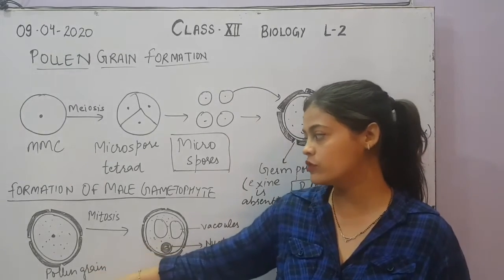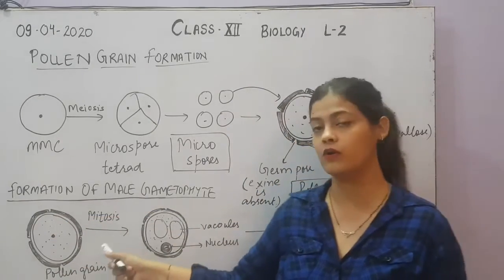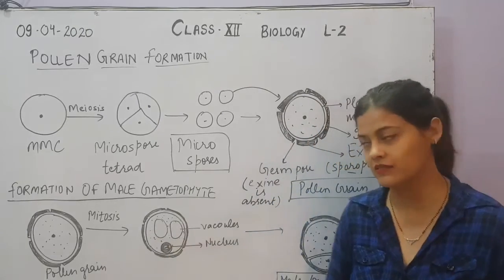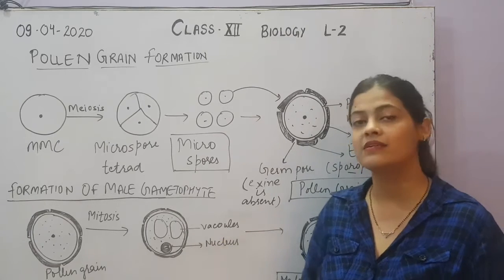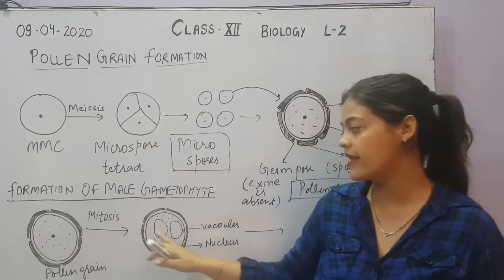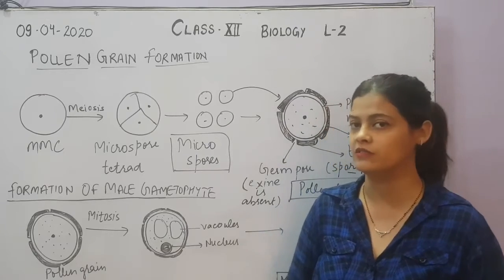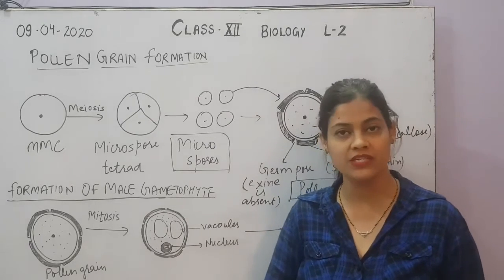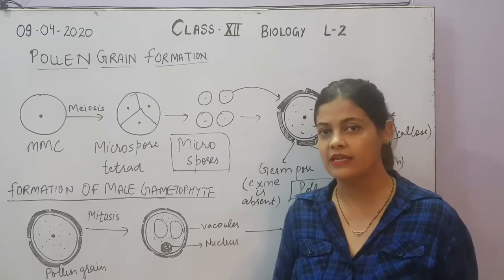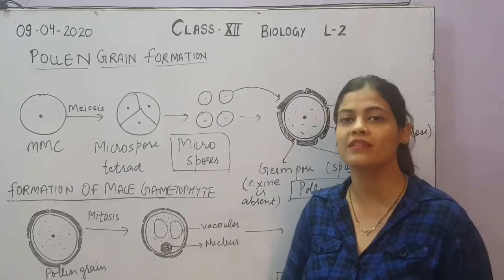Let us see how. This pollen grain will undergo mitotic division. Why mitotic? Because it is already haploid, it cannot show meiosis. So it will undergo mitotic division. But the mitosis that takes place in a pollen grain is not as simple as a normal mitosis. In this case, an unequal division will take place due to unequal spindle formation, because you know that during mitosis spindle formation is there, chromosomes are arranged over the spindle, they get separated and enter into two different cells. But in this case the spindle is not formed in the normal way.